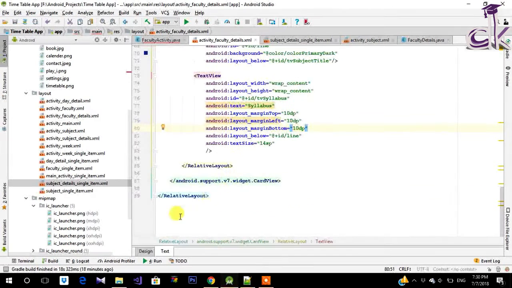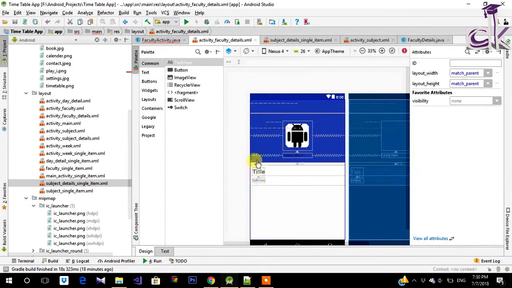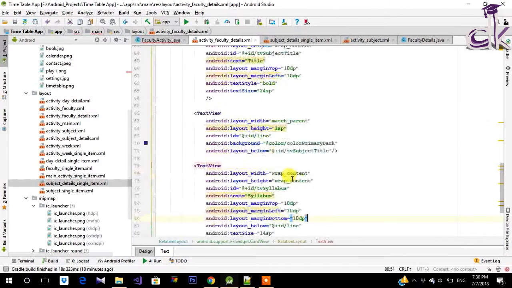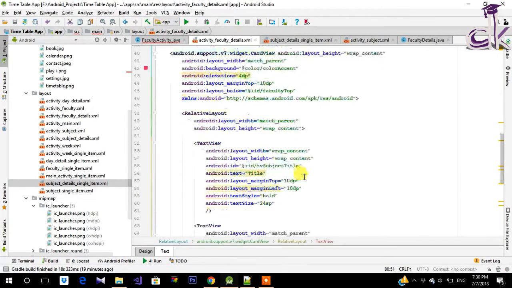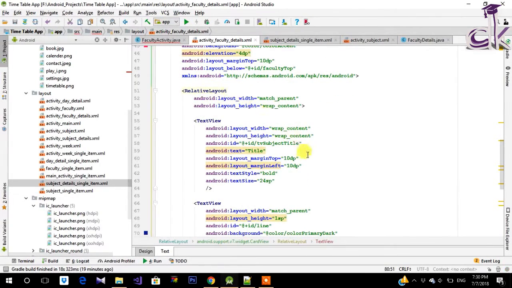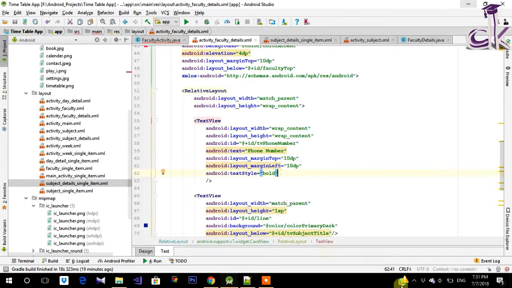So you can actually go ahead and check the layout. So here this is how it will look. Now before we create two other card views, you need to change the IDs of some of the stuff here. So here the first one is nothing but your phone number, right? So I'm just going to call it as TV phone number and I'm going to change the title to phone number, give it a space as well, and I'll just remove this text size because the default text size will do,